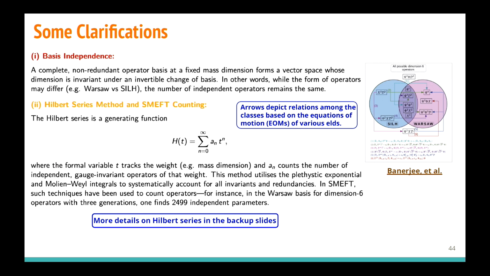So here psi basically represents a fermionic field, phi a scalar field, and D the covariant derivative. These are all the possible combinations that exist in the Warsaw basis, and these are the forms of operators written in the Silch basis, and this is the intersection, where these forms of operators exist in both the bases. And going from one basis to the other, we had exactly seen how it works for the toy example, but here,